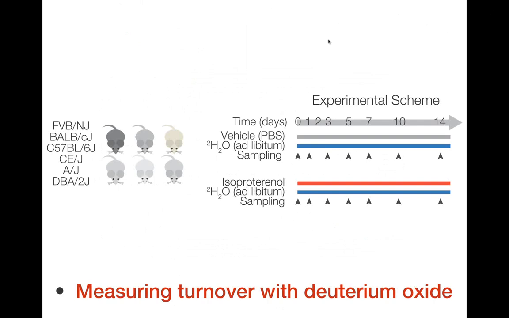So this is a cartoon of an experimental schema of a heavy water labeling experiment. We start with 6 mouse strains on the left here, and we will feed them with heavy water for up to 14 days. And at the same time, we also give some of the mice isoproterenol, which causes